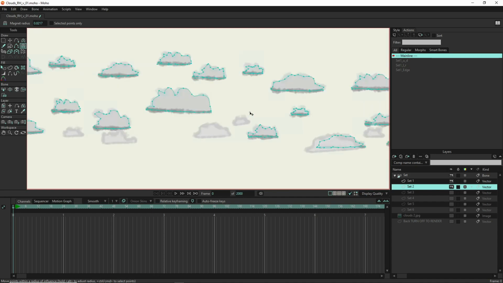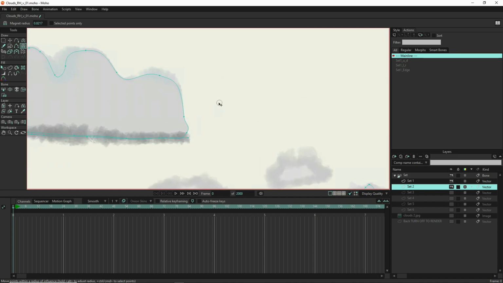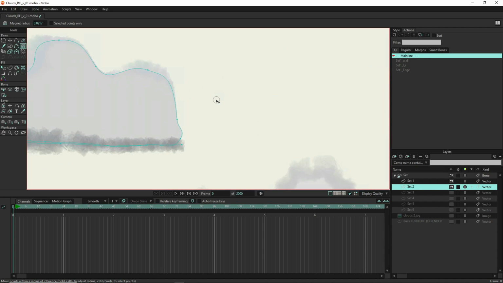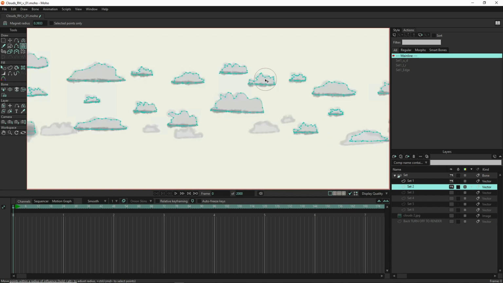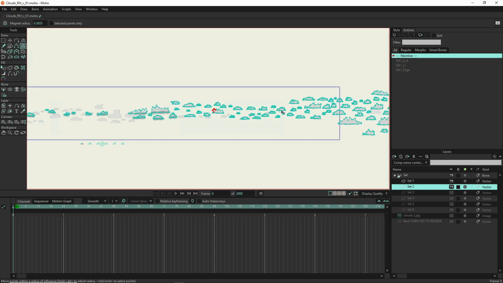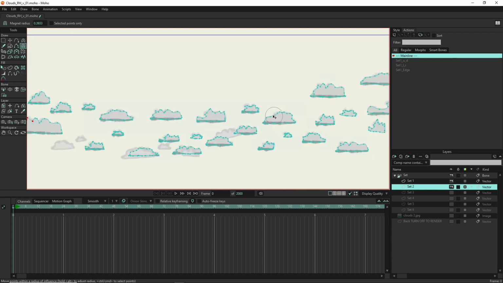So if we zoom in here, you can see my little bitty magnet, and you hold Alt and drag left or right to change the size of your magnet tool, and you can just pick up and change the shape of a cloud just like that without having to change everything about it. So like we want to go like this here. And because I haven't set any of this in stone,